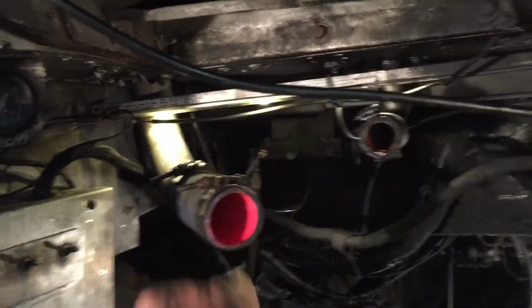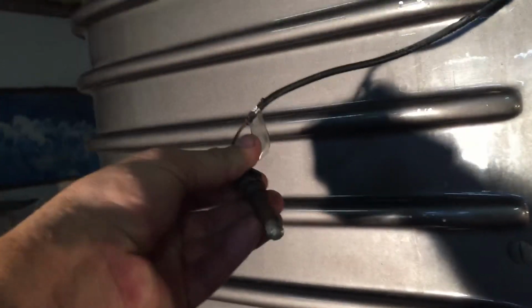Trailer wiring for towing the truck. Big old coolant lines all over the place. There's one here too. And various sensors. Here's a coolant temp sensor. So all of the above. Now,